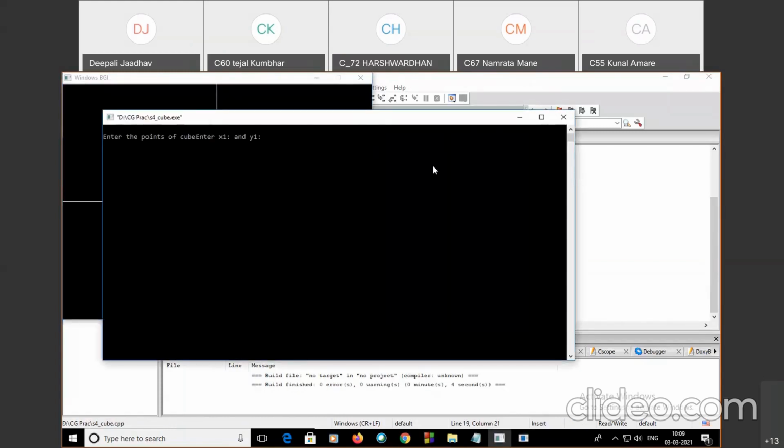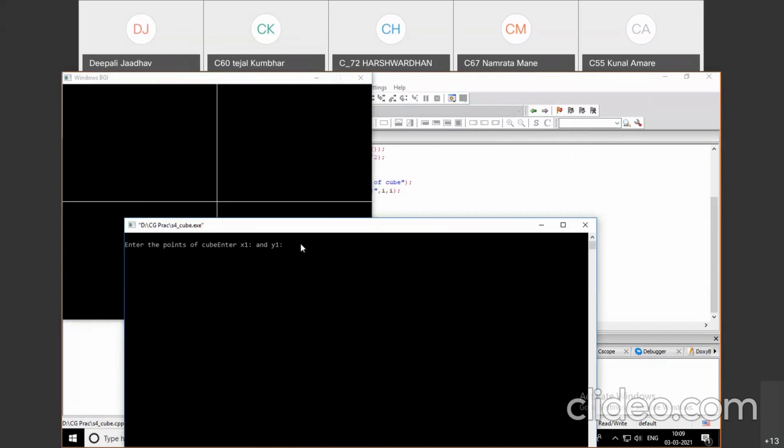Okay, so here the x and y lines are generated. Give the values of x1, y1.